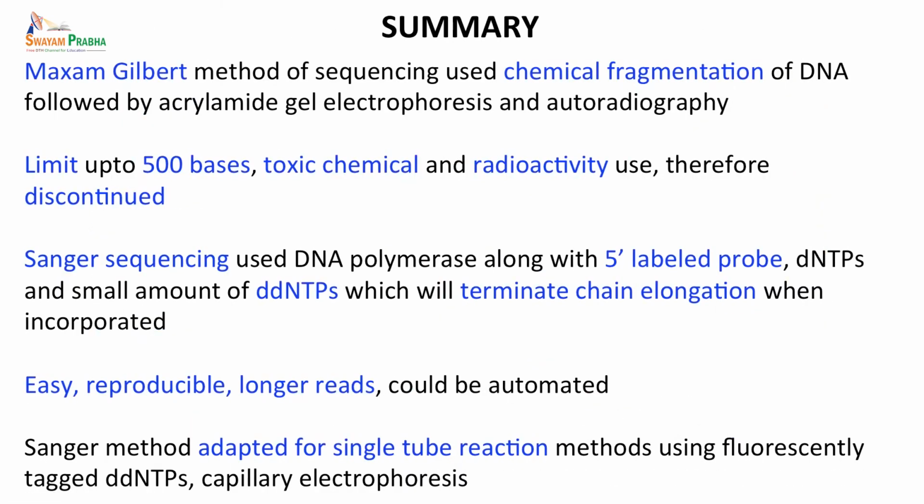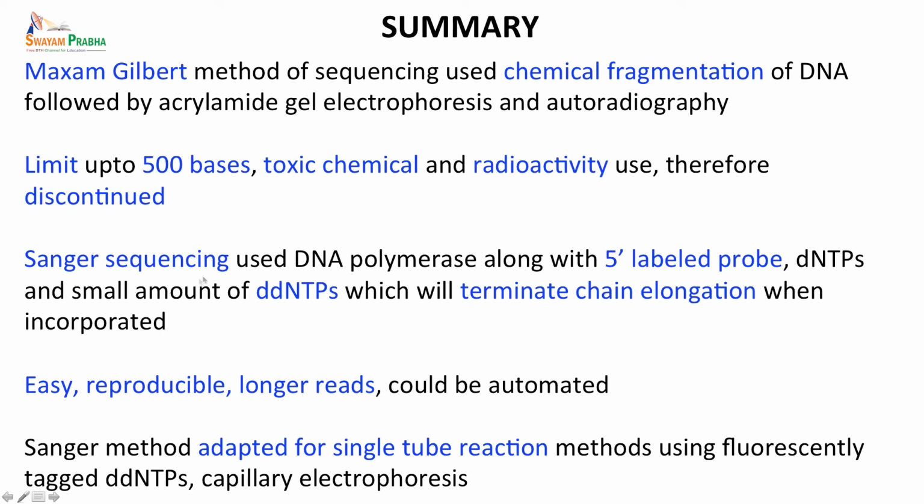So to summarize this chapter, I initially discussed the Maxam-Gilbert and Sanger sequencing methods, which were the foundations of all the sequencing methods that developed lately. And the Maxam-Gilbert method used chemical fragmentation of the DNA followed by gel electrophoresis and autoradiography. The major limitation of this method was that templates longer than 500 bases were not resolved by this method. They could not be read, and it used very toxic chemicals and radioactivity, and it was generally discontinued as